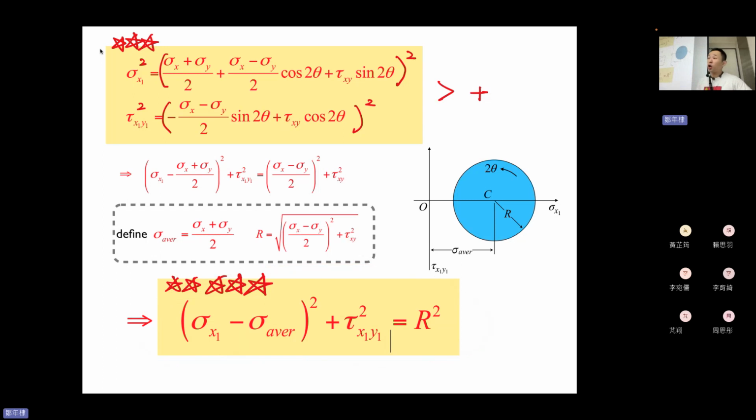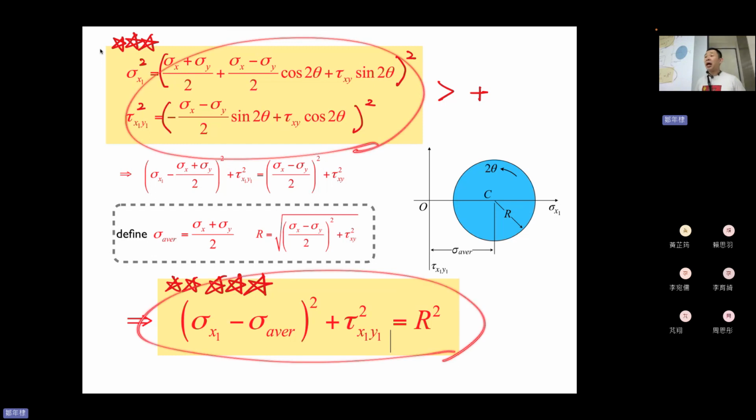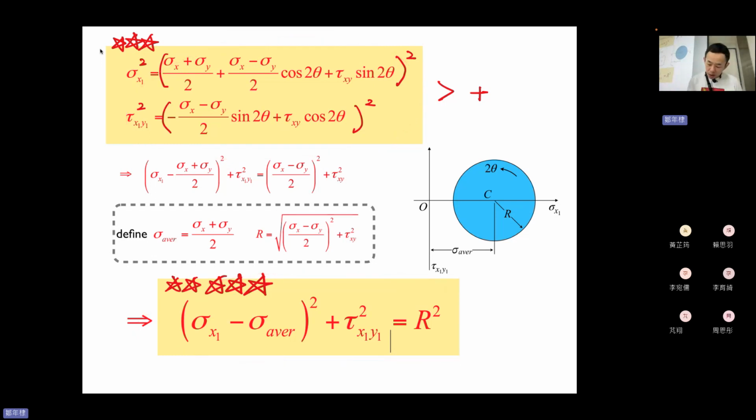You can imagine this is what you learned in senior high school, maybe x minus something squared plus y squared. This is the origin of the circle, and this is r squared, the radius. So this is actually a circle formula. When you square them and sum them together, it becomes a circle. Wow. So this is a formulation for a circle